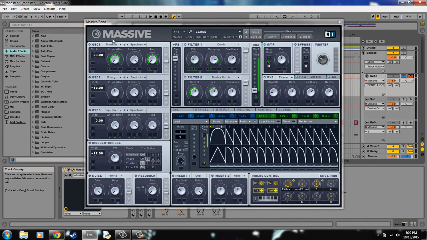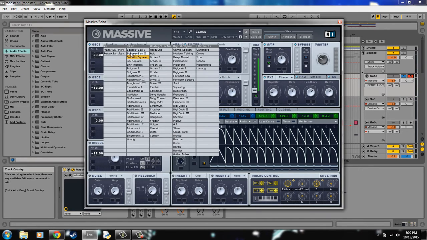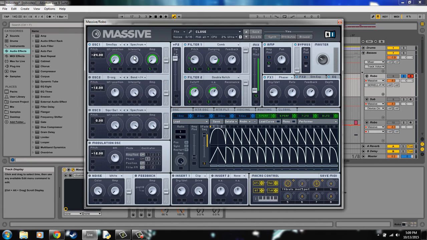Alright, so first, we only use one oscillator, smooth square, and we're going to pitch it down 24 semitones, 2 octaves, wavetable position all the way to the left, amp, turn it all the way down for right now, leave it on spectrum. We don't use any other oscillators other than that. Next, we're going to slide this all the way up to serial, and then we're going to take filter 1,